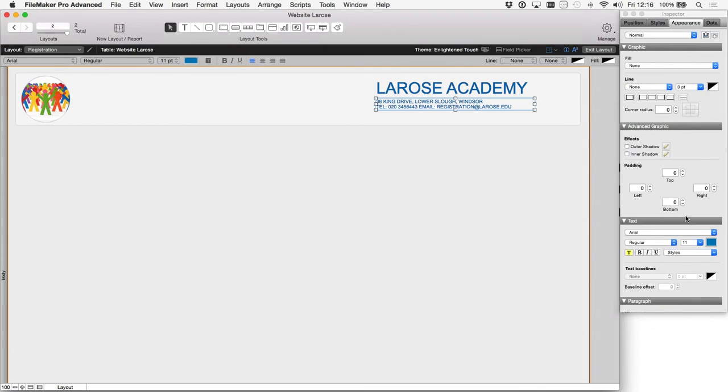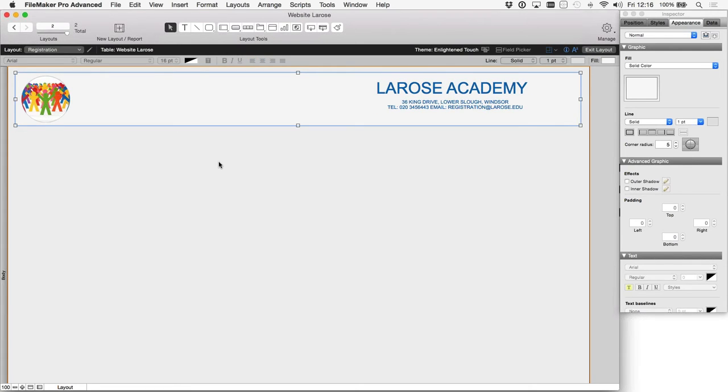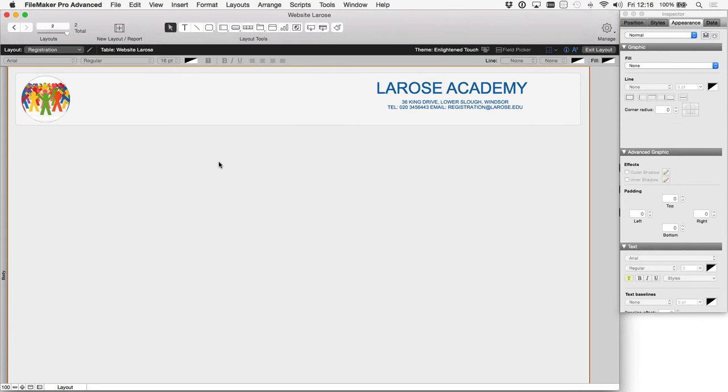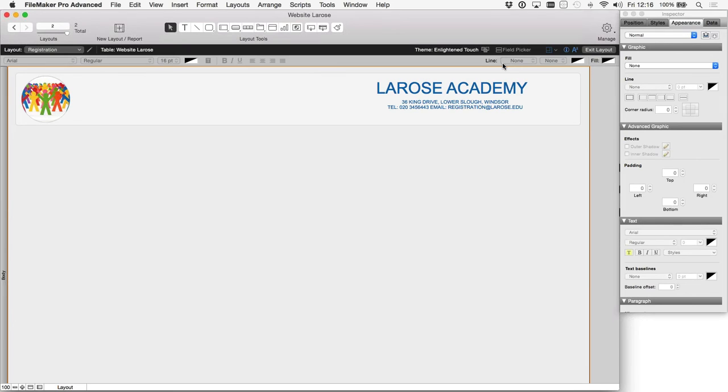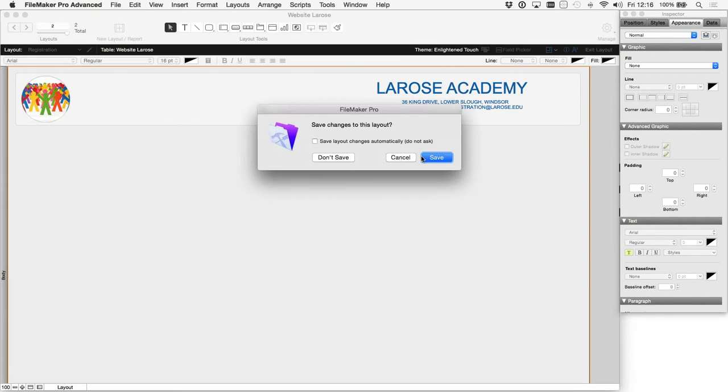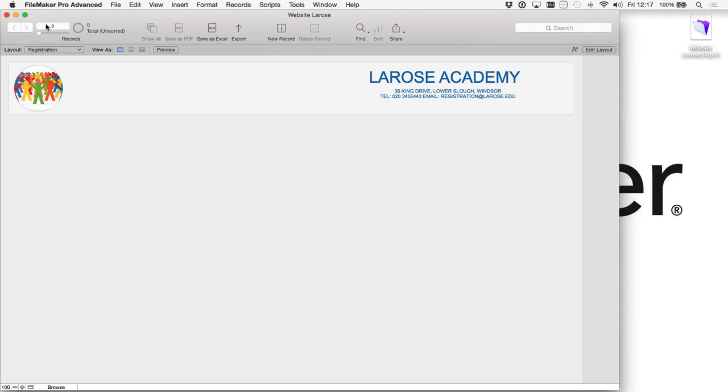So what other little tools have we got in here? Well, what would be quite nice maybe is to make this text centered. Yeah, and that looks great. Okay, so it's obviously not very functional, but we've got a start. We've got a little look and feel, and we've got a layout. So let's save this layout, and then let's upload this to our server,